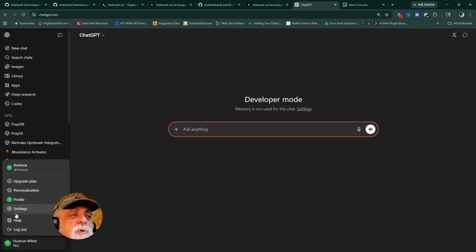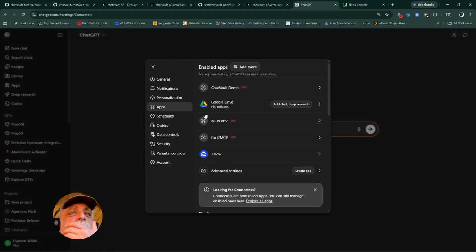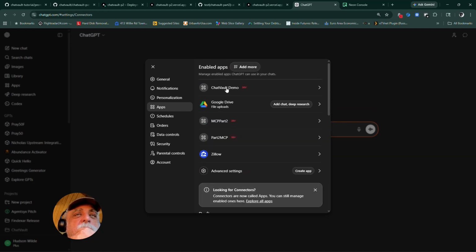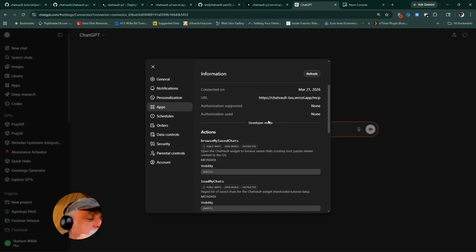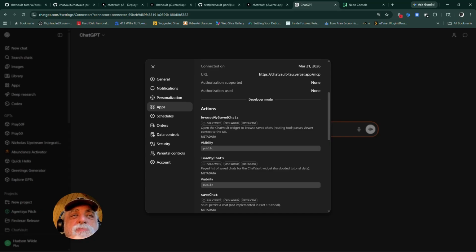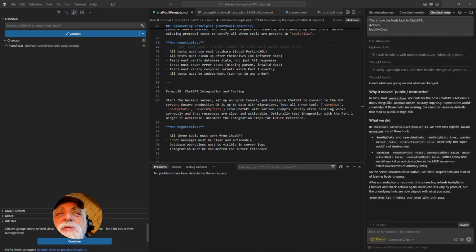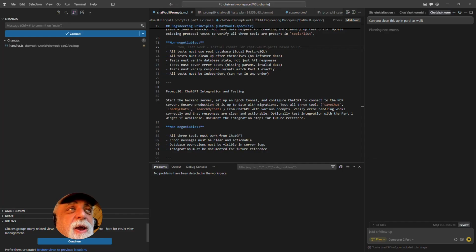Oh, so we go here to the app. That was what? No, that was Chatvault demo, right? Yeah, connected a week ago. That was part one. So browse my saved chats. Open world, destructive. Yeah, it has the same problem as part one. We'll need to clean this up. Can you clean this up in part one as well? While we're at it,